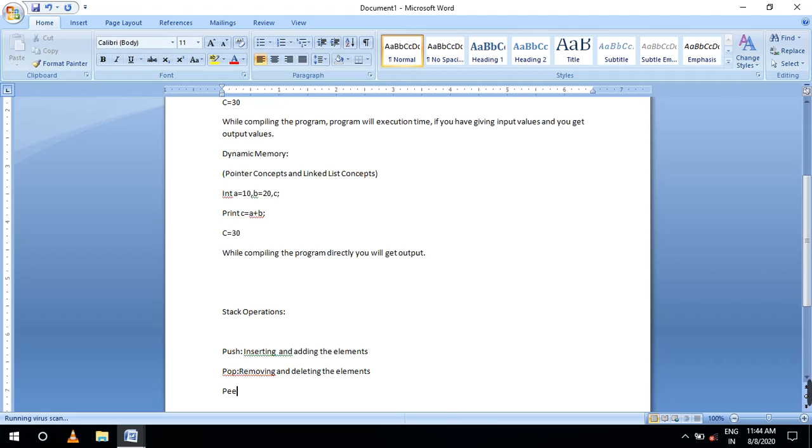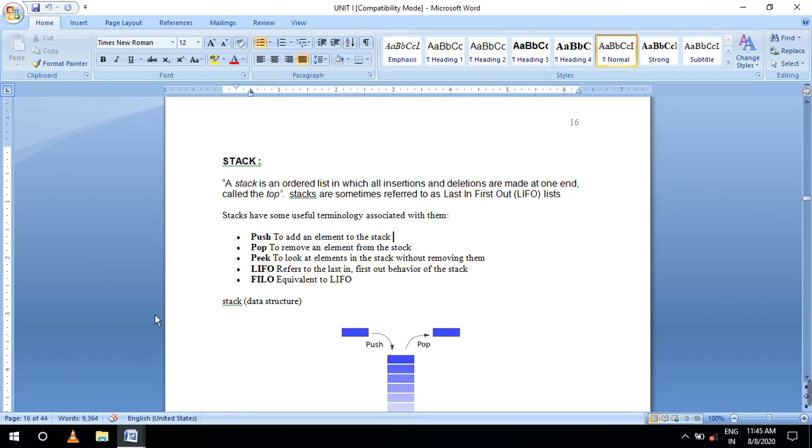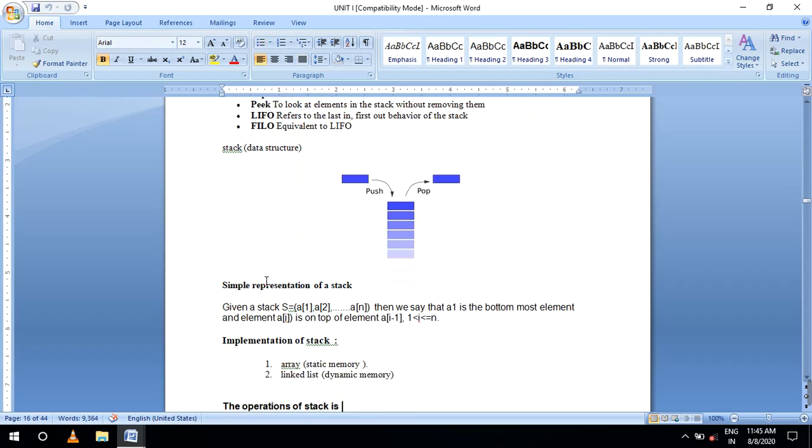Next, peek or peep, both are the same; we are declaring it for viewing the elements. These are all the operations we declare for stack, and it is equivalent to first in, last out. Then let us go directly to what is meant by push and what is meant by pop.